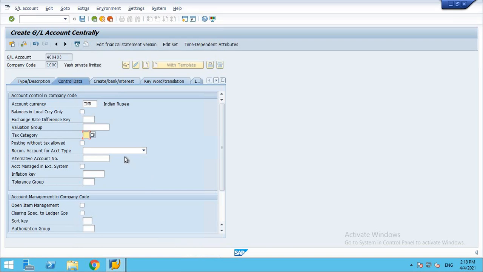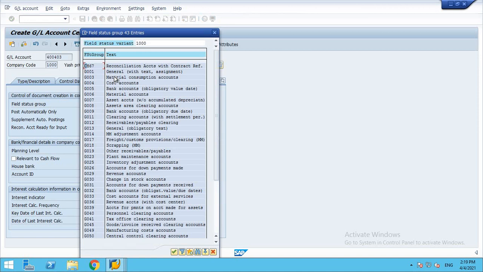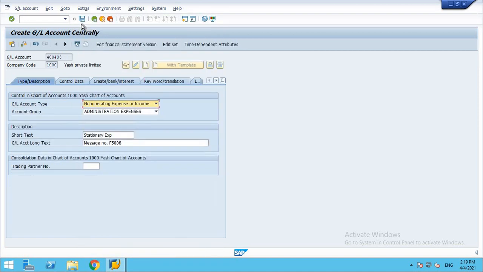The retained accounts and reconciliation accounts remain the same. You can select all submodule reconciliation accounts. For field status, I'm going to select general, and save it. Now I have created one GL account successfully in S4 HANA.